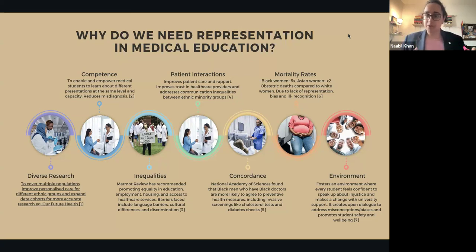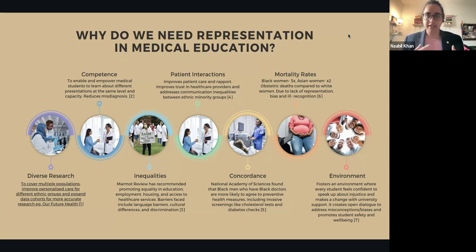reports. So I think it's really important that we prime medical students to really improve that communication skill and to highlight the fact that people come from different backgrounds and it's not a one size fits all model when it comes to interacting with different patients. And I very much think that this will address the communication inequalities that we've definitely seen since the COVID-19 pandemic, where you've got patients essentially using a different kind of language to what medical professionals are using, and highlighting the fact that jargon versus non-jargon language within the medical profession needs to be addressed in order to bridge that communication divide between the medical and non-medical world.